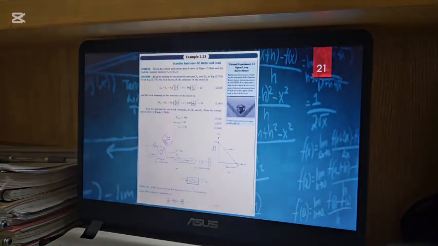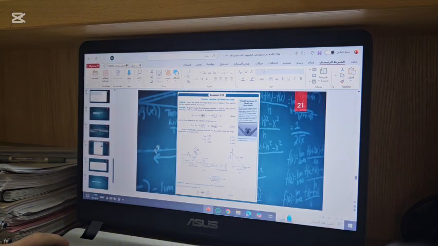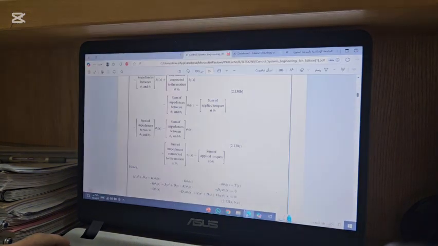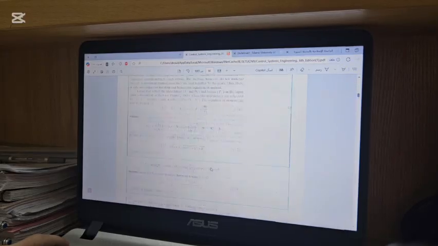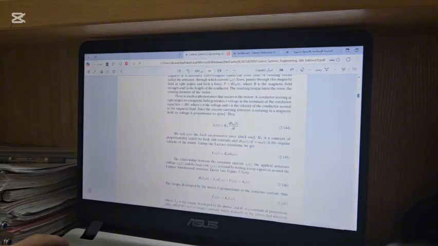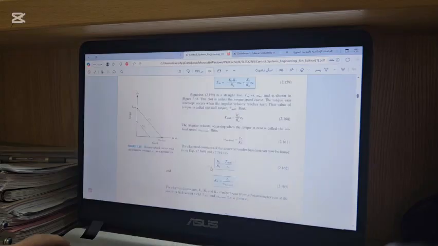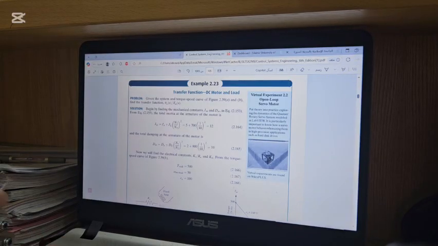So to make it more clear, we will see an example. So this is the problem: given the system and torque-speed curve,